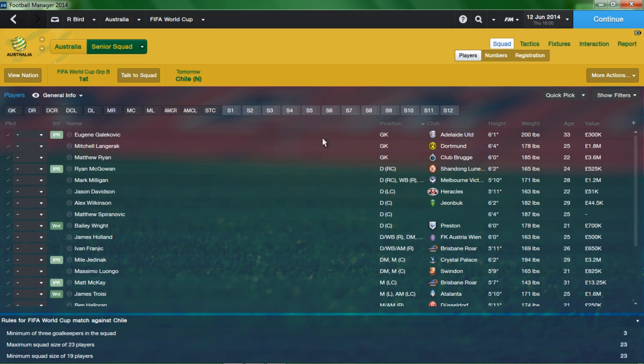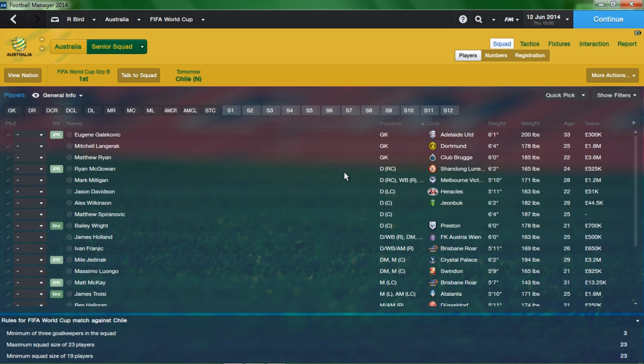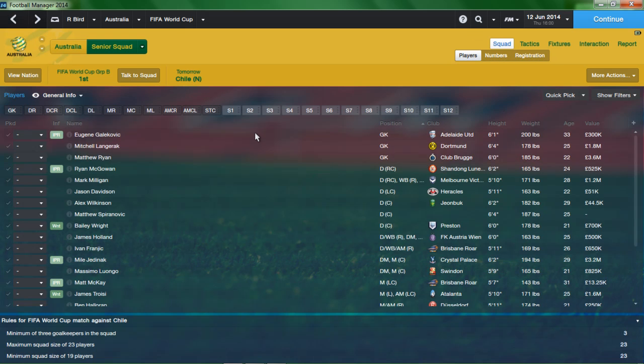All through FM, I've done an international career with Australia and I've kind of stuck to the same tactic, which has worked okay at times, but we're in a very tough group, so we'll see how it goes. How I'll do it, guys, is a game an episode. For sure it's going to be the introduction plus the 3 group stage games, and if we could get out of the group stage, then who knows? So far it's a 4-episode series, which is okay. But now, let's go through the team here.